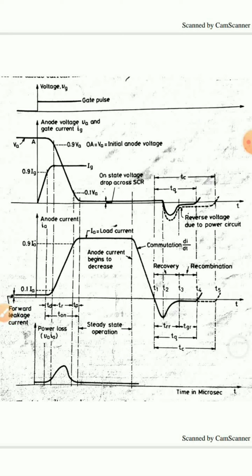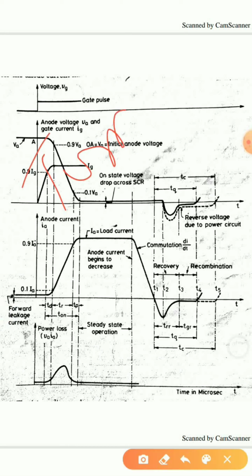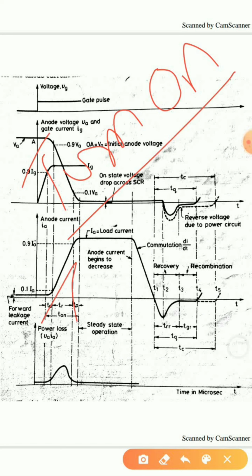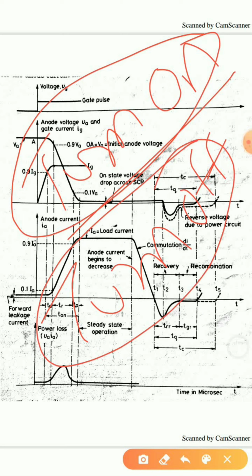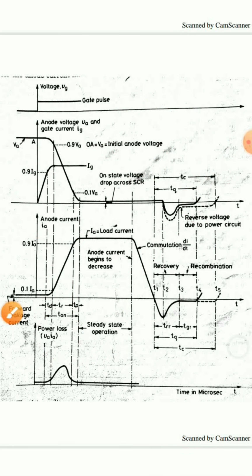We will be discussing the switching characteristics of an SCR. Now for discussing the switching characteristics of an SCR, there are two modes in which an SCR works. One is turn on and the other is turn off. Now we will be discussing what different modes there are in turn on and also in turn off. Now basically talking about the switching characteristics, let us start with the thyristor turn on